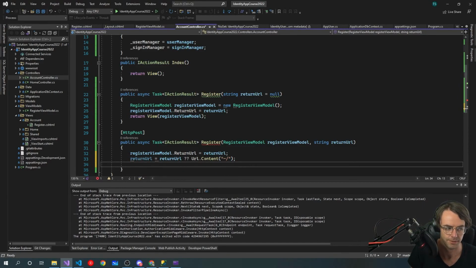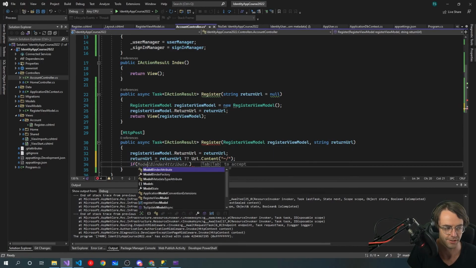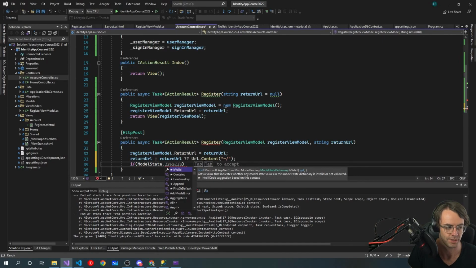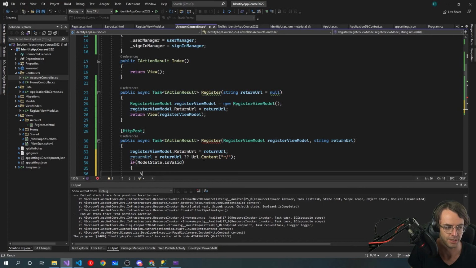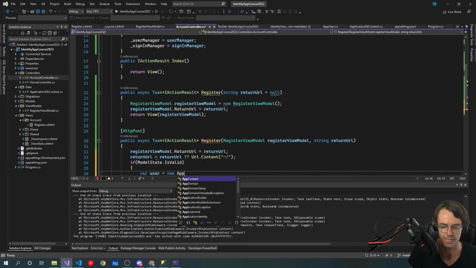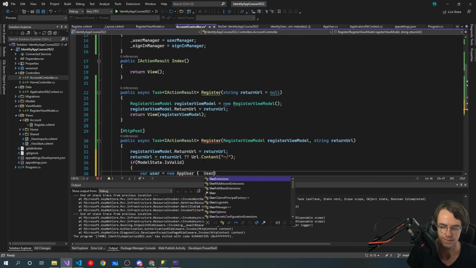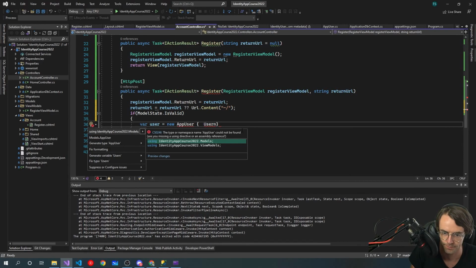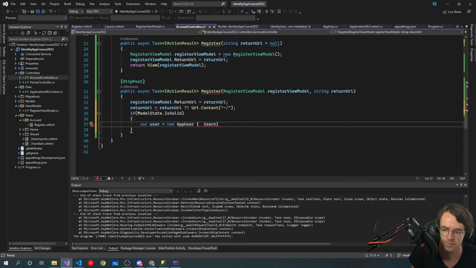and then we're going to have some validation. So we're going to go, if ModelState.IsValid, then we go down, right here, var user is equal to new AppUser, and we're going to bring in our username. Let me make sure that we're actually getting everything from the app user. So UserName is equal to, yep, that's the right one that we want. And we're going to have register view model